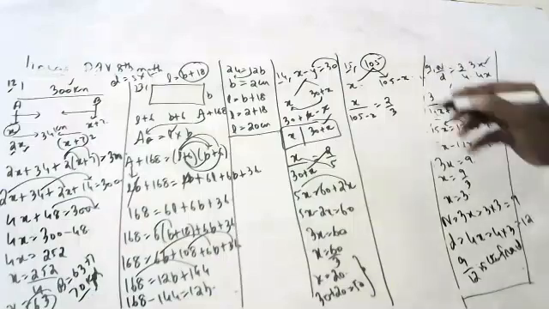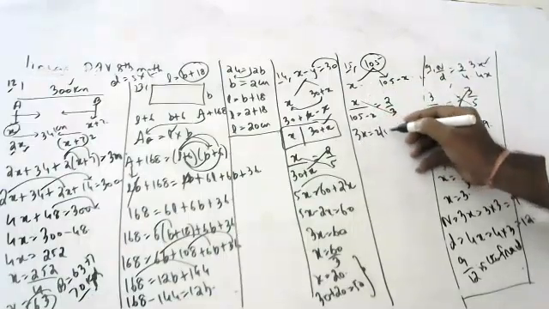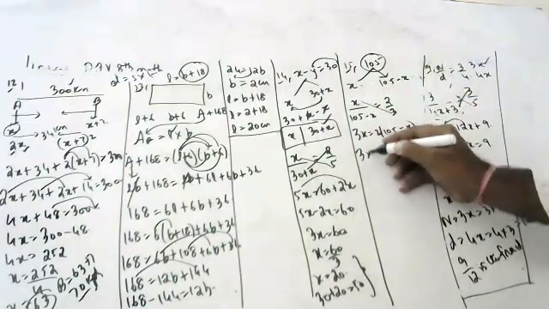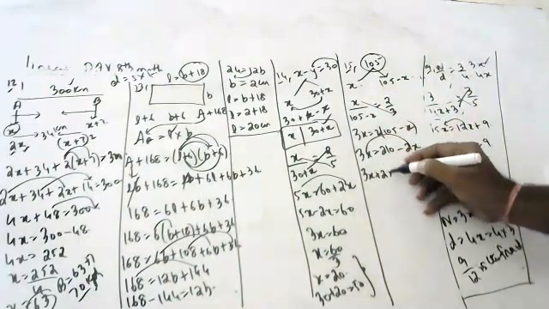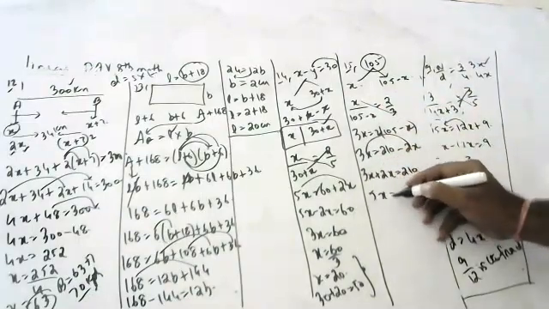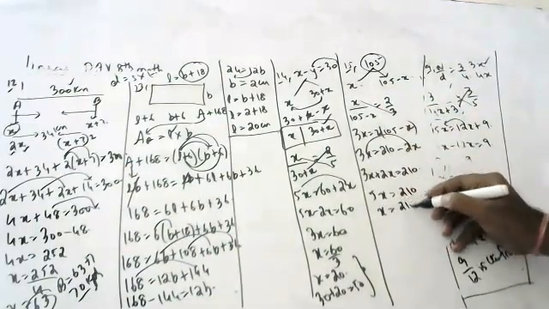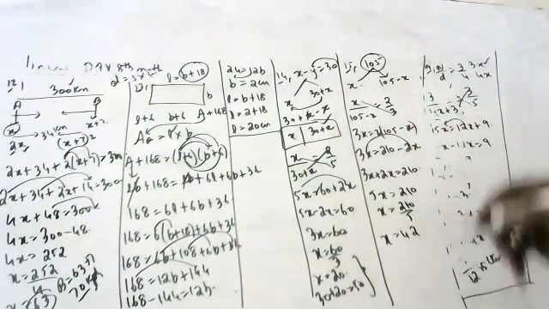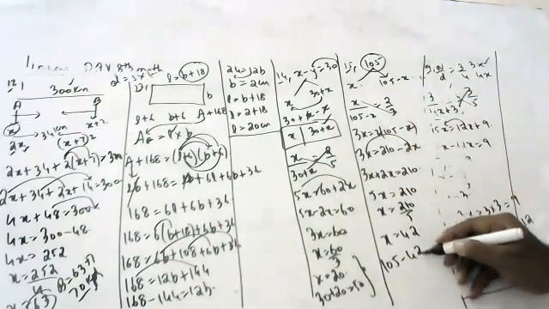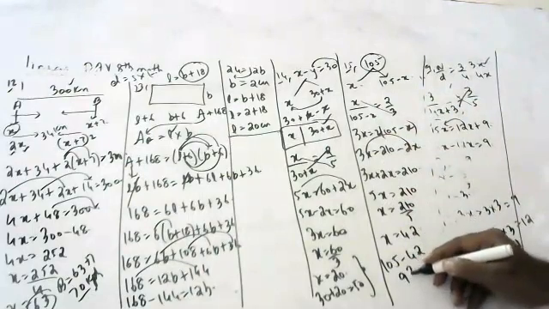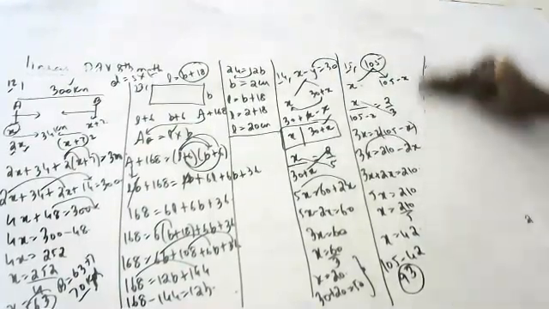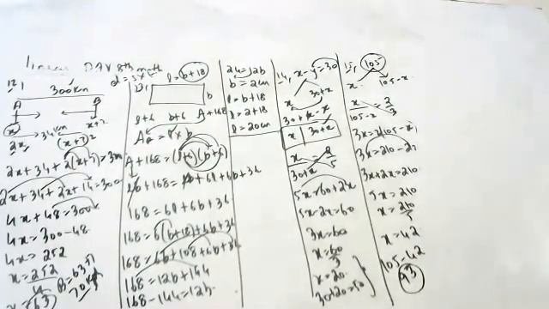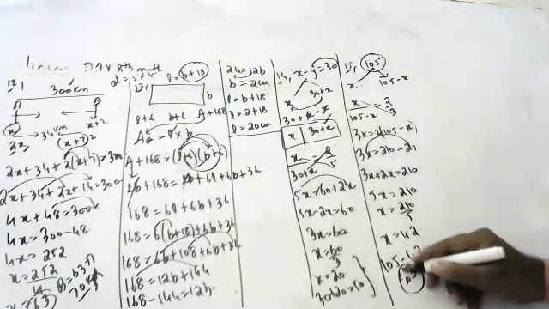Can you tell me the cross multiplication? 3x is equal to 2 into 105 minus x, that is 210 minus 2x. 3x plus 2x is equal to 210. 5x is equal to 210. x is equal to 210 by 5. x is equal to 42. The other number is 105 minus 42. How much is that? Not 93, it is 63. 63 is the other number.